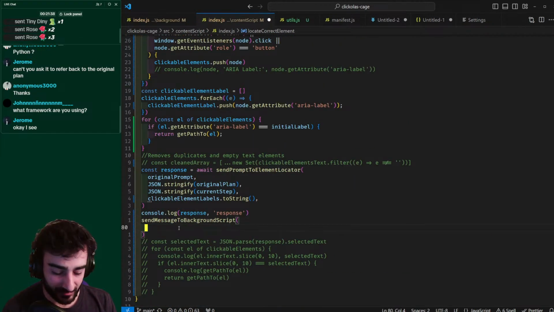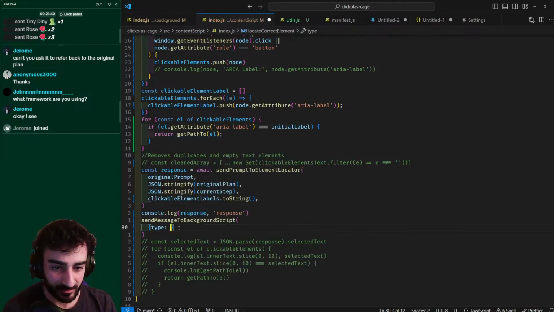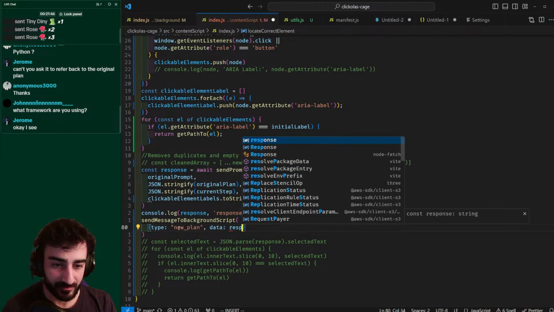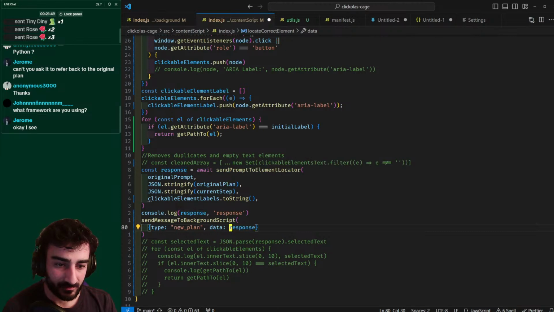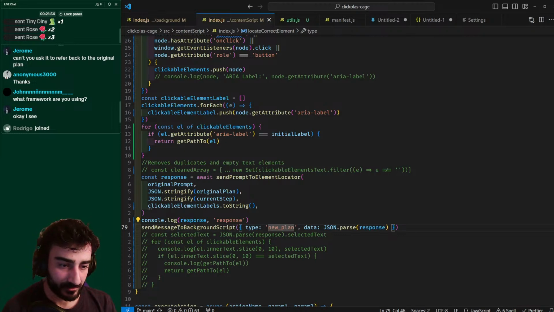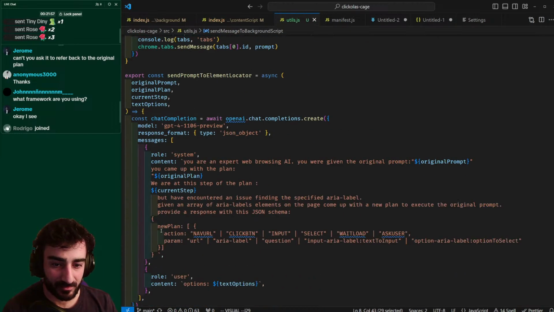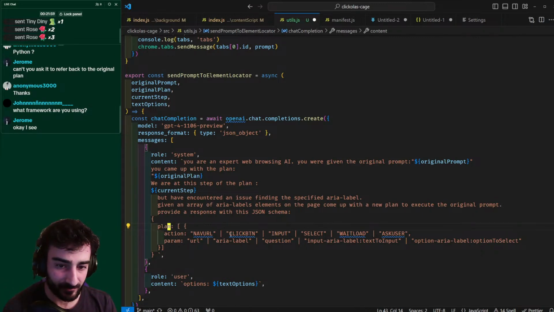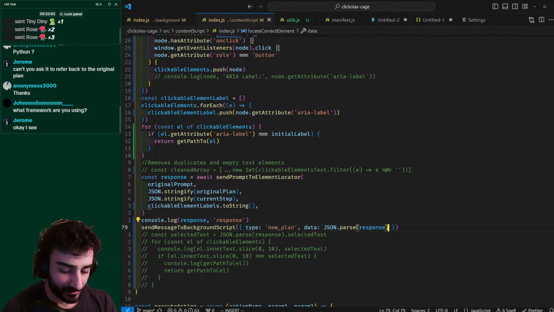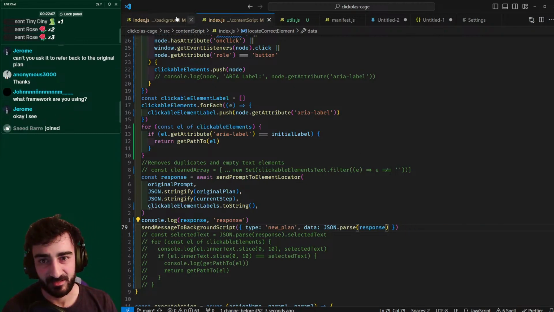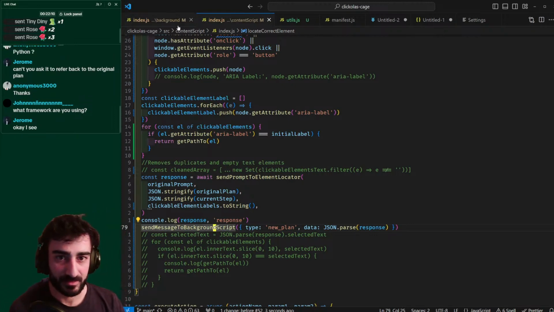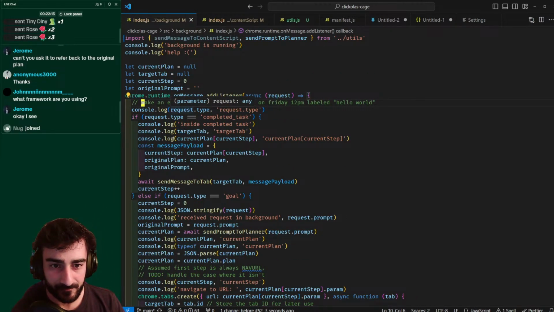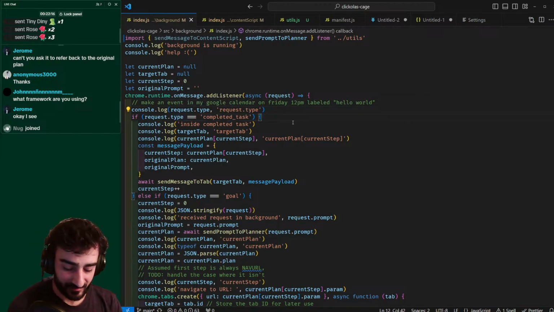So we make an object type. I'm gonna call this new plan, and data with the response, with JSON.parse the response. Okay, actually probably be JSON response new plan. I guess plan. We'll just call it plan. We don't need plan there, I guess. Okay, so it should send the new plan,